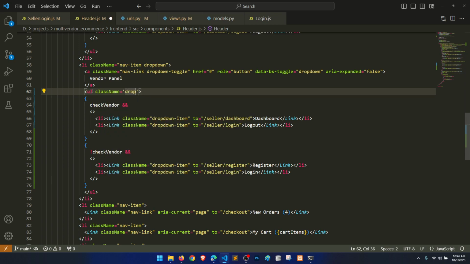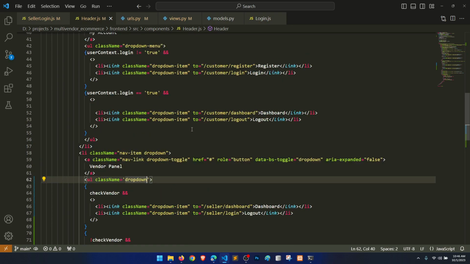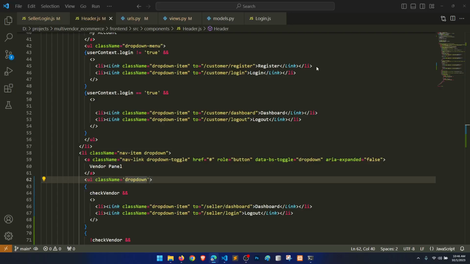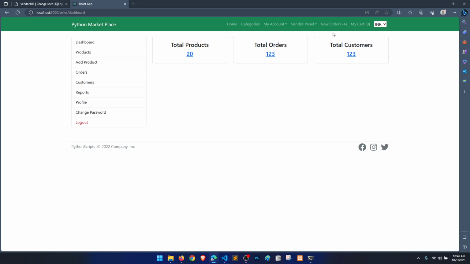Class drop down. Drop down menu. All right. So now we have dashboard, we have logout, because we don't have register and login because we are